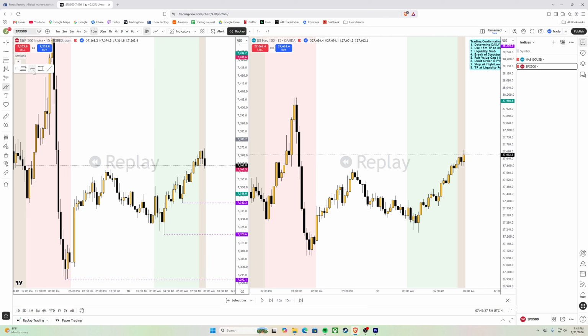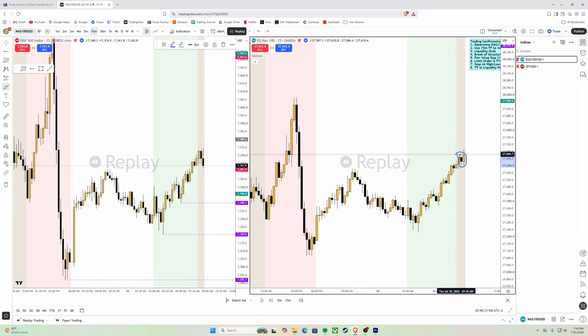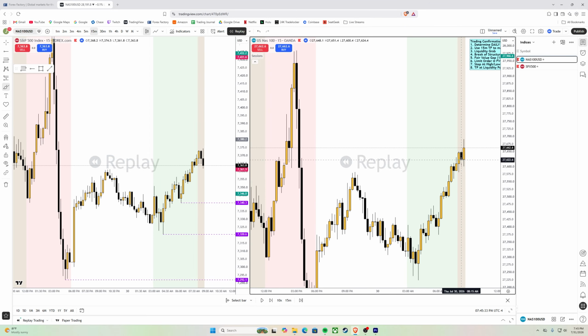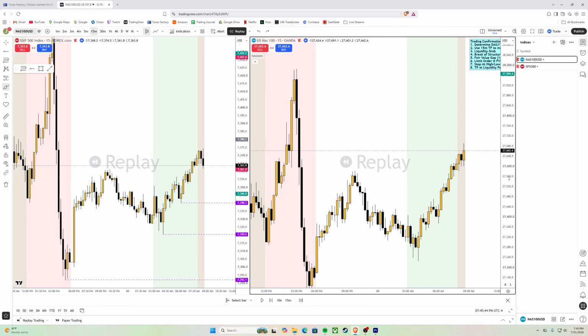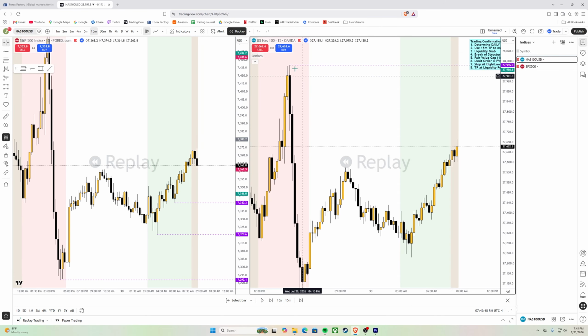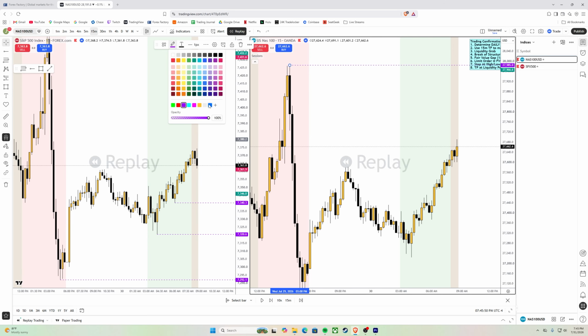Same idea if we look at the NAS. This bearish candle that you're seeing is the candle that ends 8:15 to 8:30. Now, this candle obviously takes out this high, and it doesn't make a swing at all. So we have to look to the left. The most obvious one would be all the way up here. So this is our liquidity.